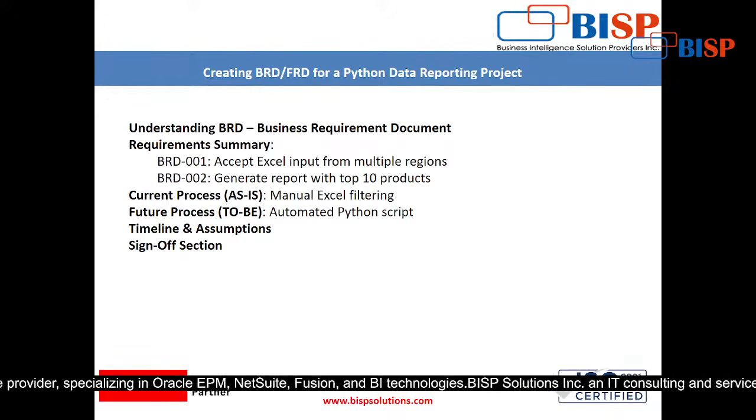The reason is, what if one of the stakeholders, at that time, raises an objection that this is not what you have shown? In that case there will be a problem, right? So that is why it's very necessary to take the sign off of each and every stakeholder. Once the stakeholders give the sign off, then only will we move further. Okay,